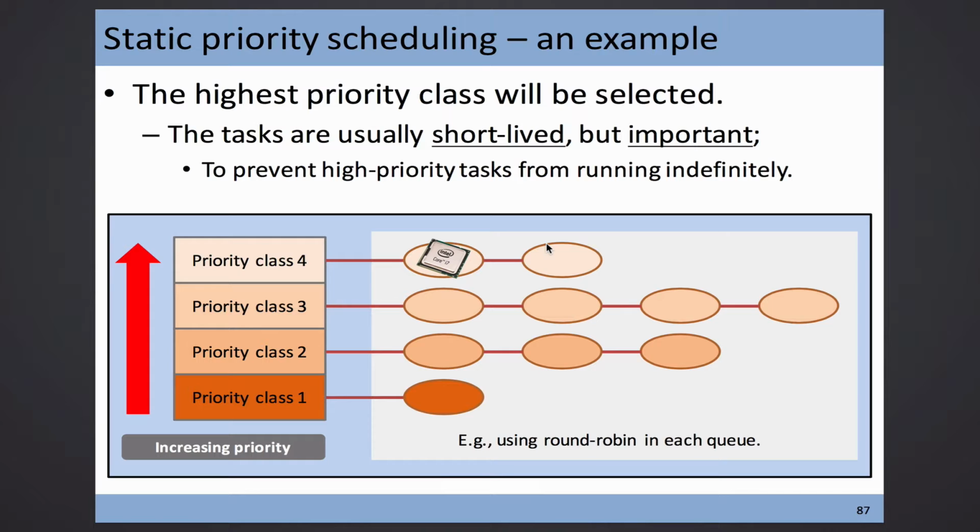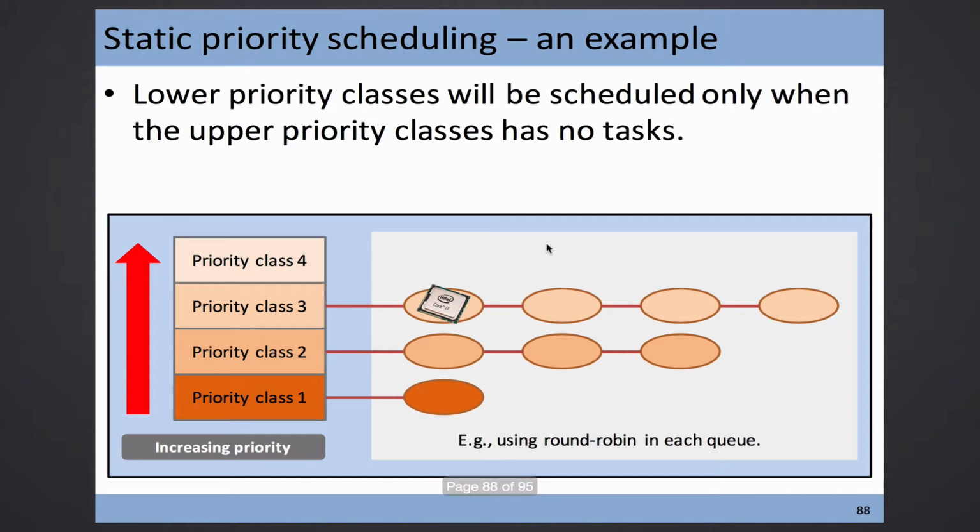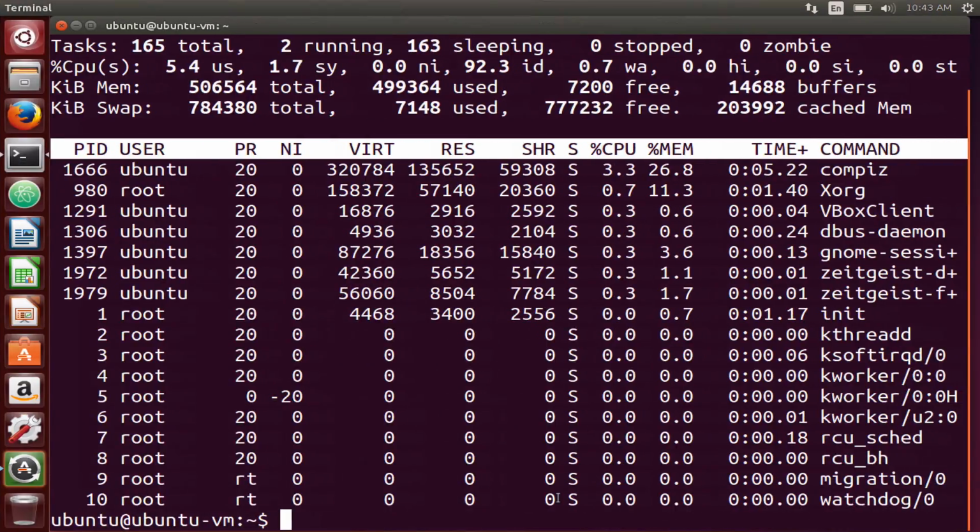Those others cannot run until these 2 are gone. Once these 2 are gone, there will be a chance for priority class number 3. And after class 3 are all gone, then you can schedule class 2. So that's why, for the RT processes you've seen here, I have to take a look at the top and let it run for some time, and then suddenly I say, oh, it comes. Because these RT processes are usually short-lived by default, by the design of the system.